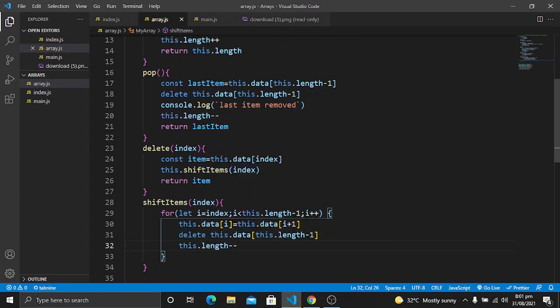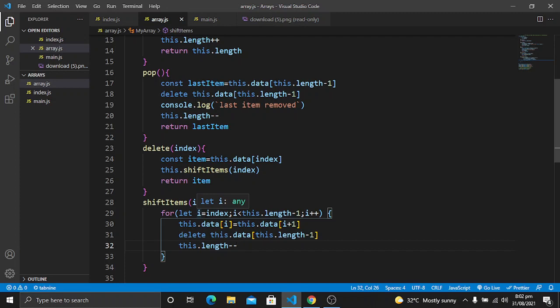So basically what it will do is this.data[i] means that every index is going to be i + 1, and then we will delete the last item because we are running a for loop. For example, let's say we have 10 items in our array and our index is 5.